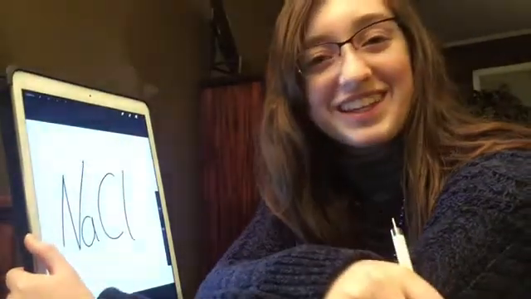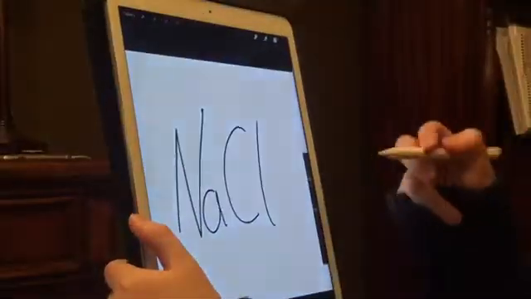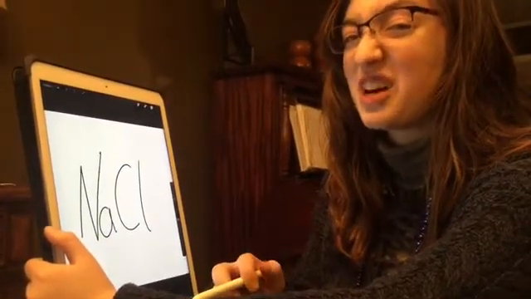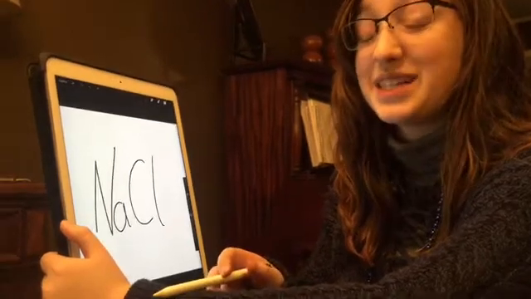Let's start with something easy. Salt. The chemical compound for salt is NaCl. In actual words, sodium chloride. Be sure to say it right, please, and thank you. If we look at our handy periodic table,